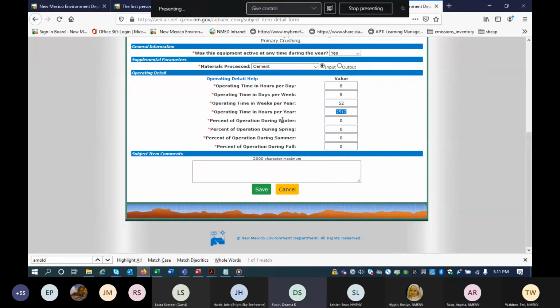Thank you, Sean. So I'm looking at an export from AEIRs, so I'm not sure how it is in the XML schema for import, but is there actually a field to indicate if the equipment was inactive? Yes, there actually is. Okay, because I don't remember seeing it, and I just wanted to make sure, because if not, I was going to say, can y'all put that in the XML schema as well? So yes, there actually should be a field if you're using the tool. Or if you're using Calcatinate, there is an option that says active or activity, or something along those lines, and you can either put yes or no there.